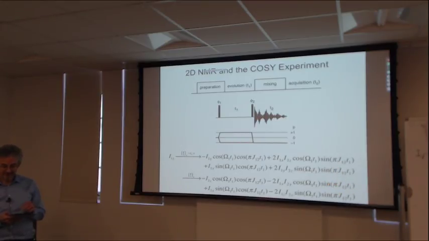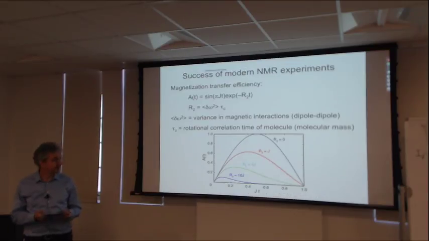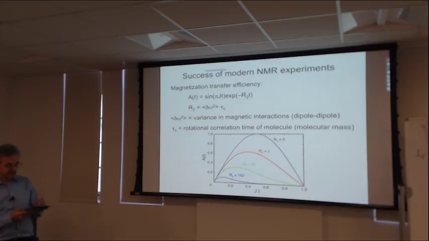But while that's happening, transverse relaxation is causing this term to decay away during the T1 period. So the end result is that the transfer depends on the sine term damped by an exponential decay due